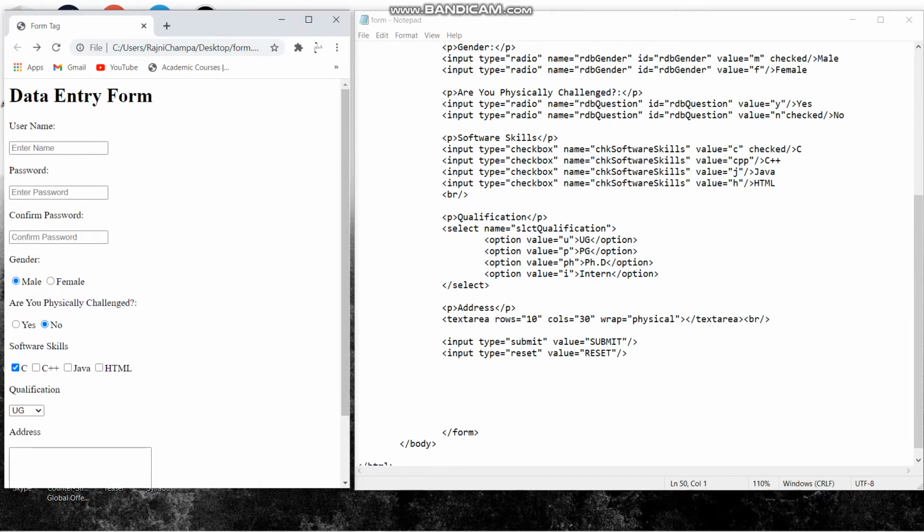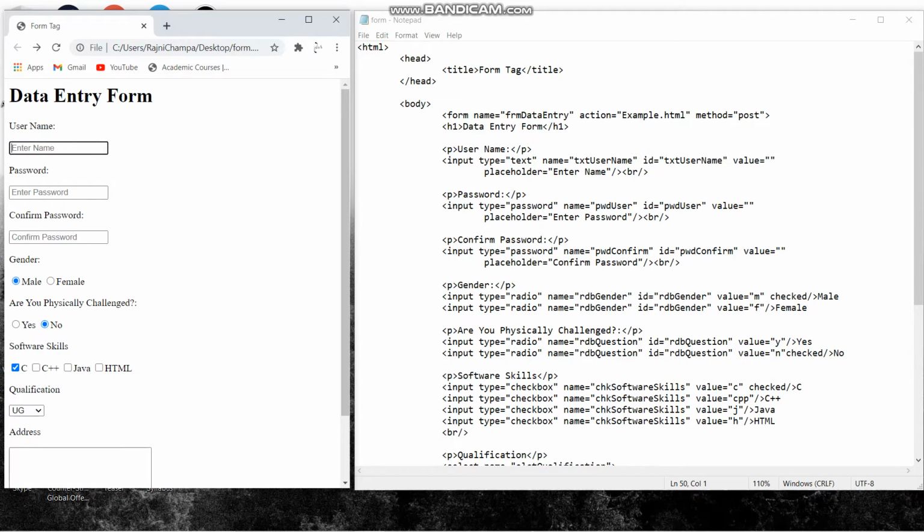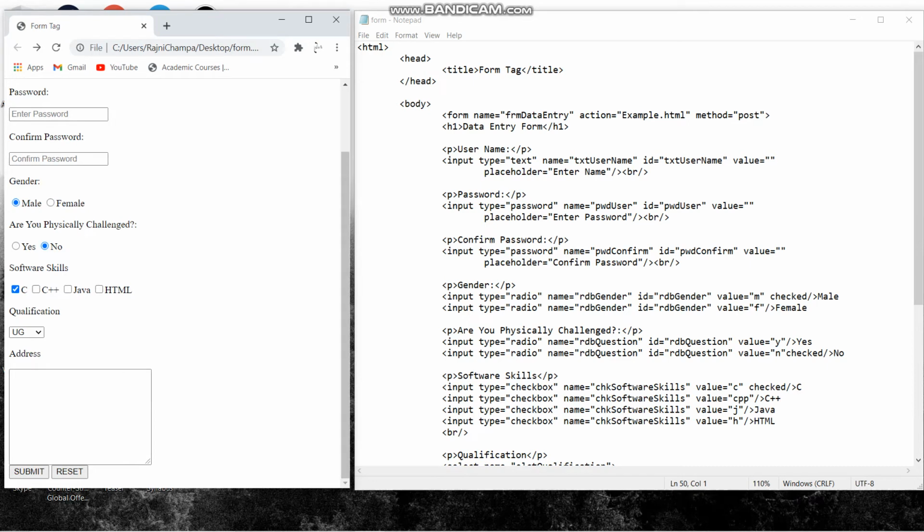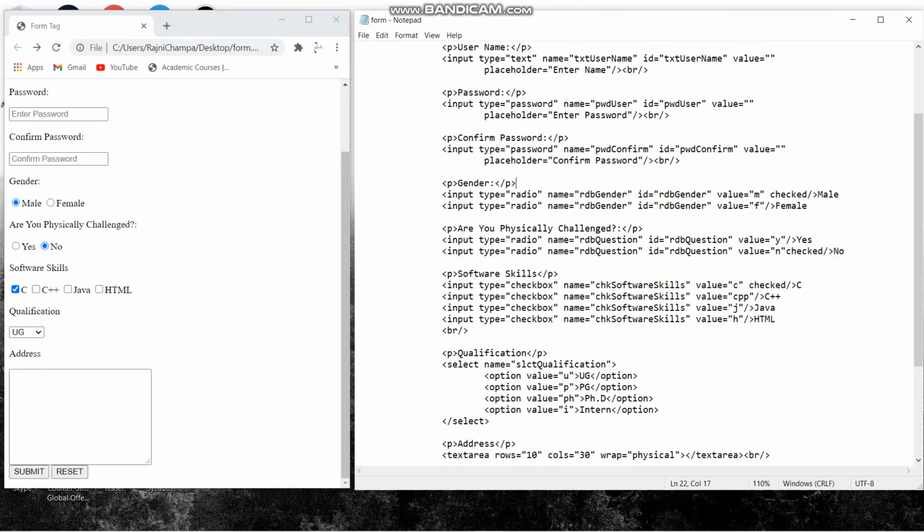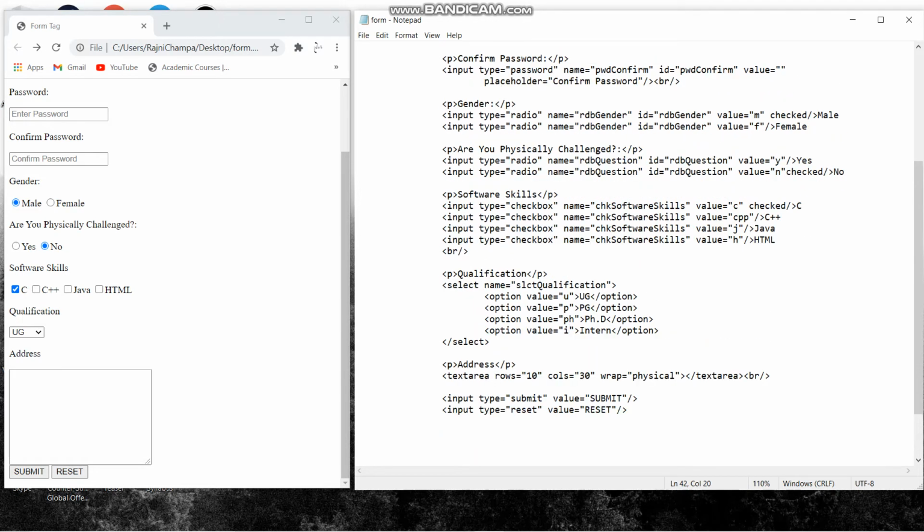This is also good because we have given the values. Now you would understand why we gave the values to be empty. That is for the reset. If I reset, the values will appear here, but if the radio boxes are used, the value will not appear because those are not the text field or the password field. I have also not given values in the text area, so no values in the text area when we reset our form. So this is what our reset does.